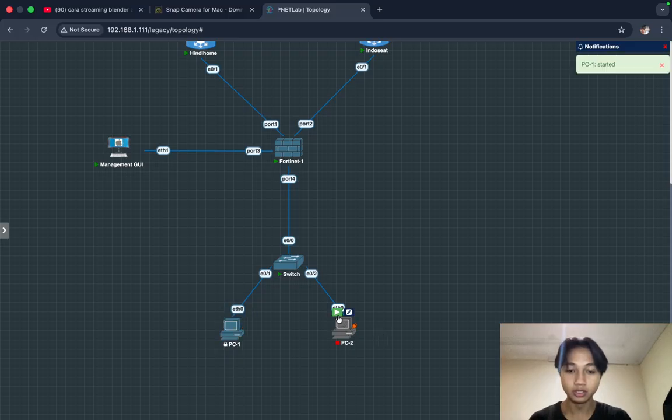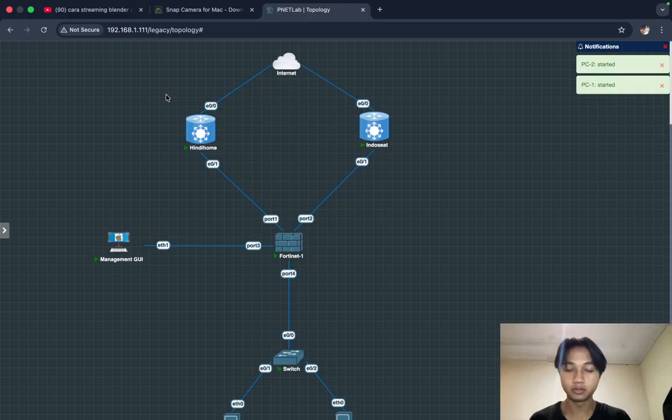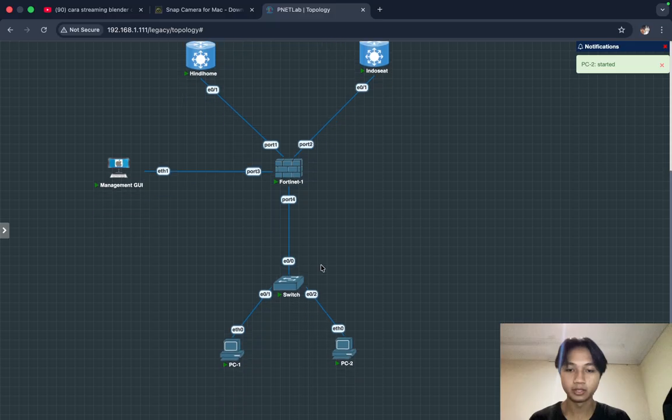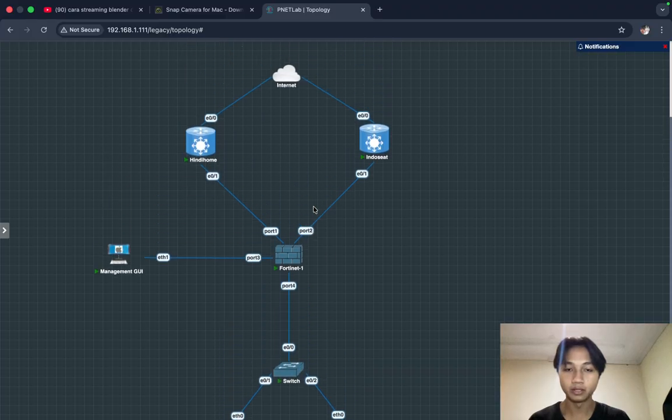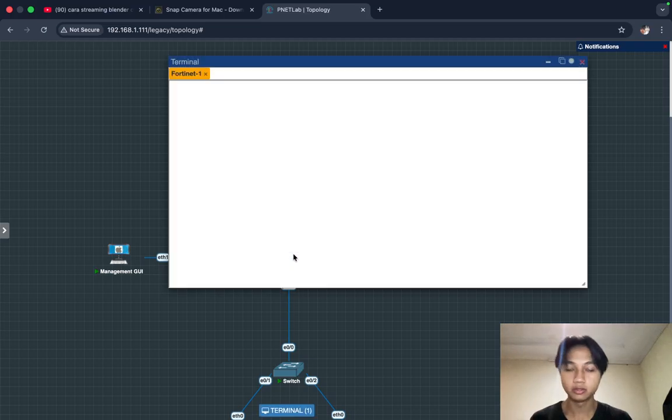This is the setting I made for both ISPs to give NAT to this Fortinet, because the Fortinet wants to access the internet. And this switch I configured with trunk and access mode, and I will create this SD-WAN for the failover. And yeah, let's go to the configuration.